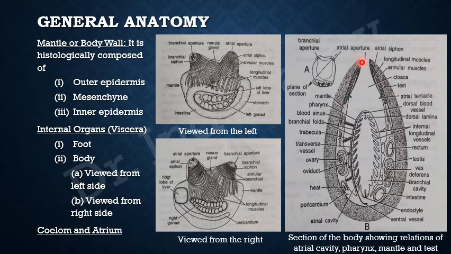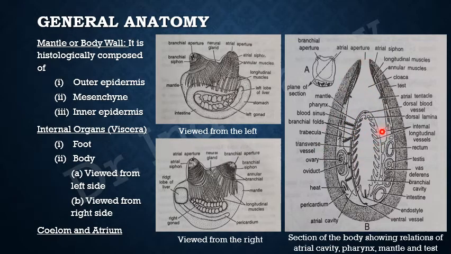And above this, the cavity between the mental and the pharynx, this is the cross section of the pharynx, because the section is passing through the pharynx, and pharynx is covering the most part of the body. All the other organs are just placed around the pharynx. So the cavity between the outer pharyngeal wall and the inner mental wall is forming the atrium. This is the atrium.